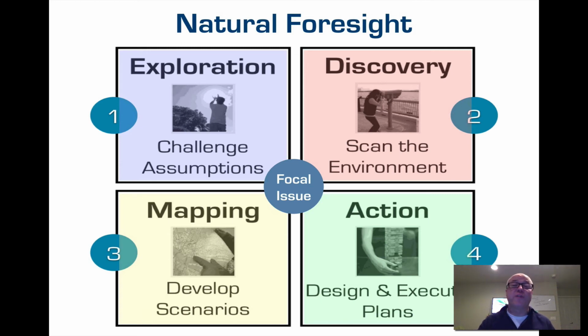And this is the natural foresight method. Besides what's written in the speaker's notes here, I thought you would find this insightful. Most of you have already heard this from me, but I think it's important to reiterate that natural foresight was created by us as a tool to make foresight not a linear process or steps. Because when we make foresight step 1, do this, step 2, do this, step 3, do this, we're going back and doing the same thing again. We're trying to fit a new way of looking at the world into an old model or an old operating system. And I think that's not good.